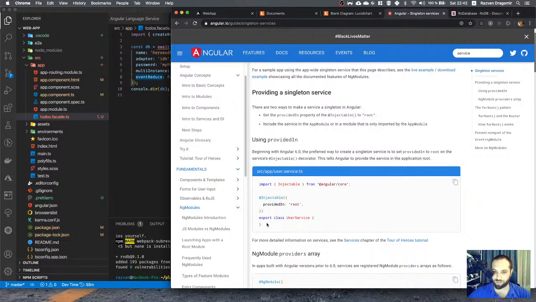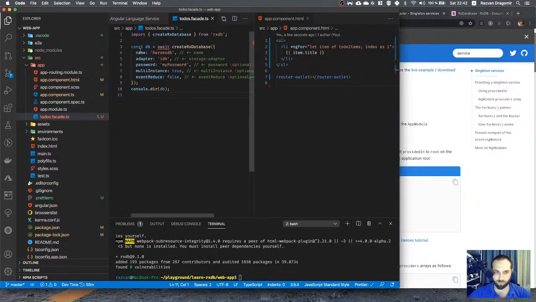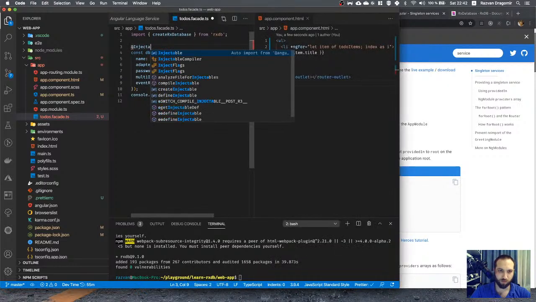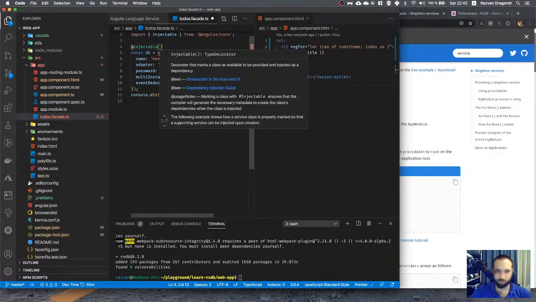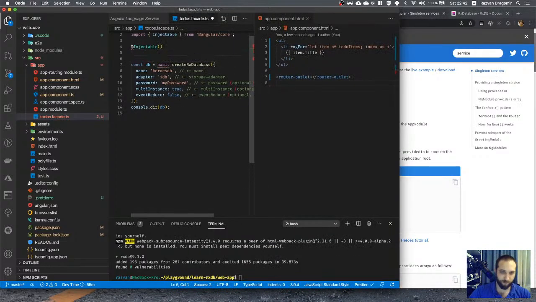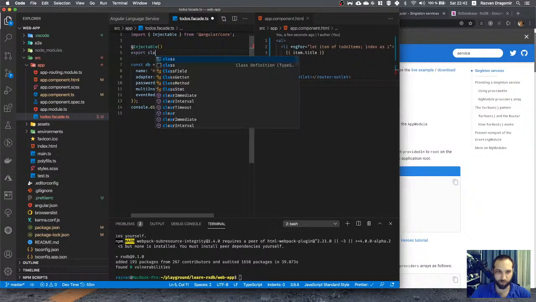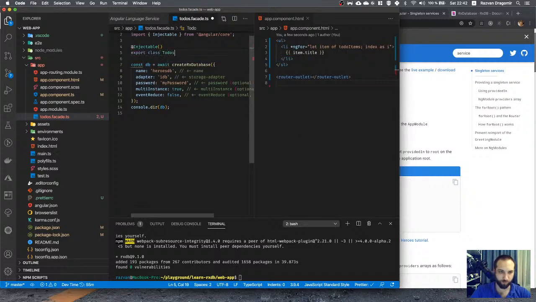So it needs to be injectable. Okay, and if we want it to be a singleton, it needs to be provided in root, but I will not need that. I'll just have Injectable. Is it with a capital? Yeah, Injectable, right. And then here we'll have export class TodosFacade,